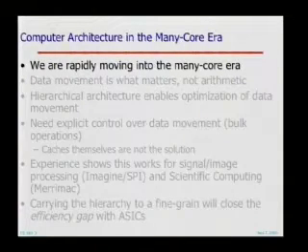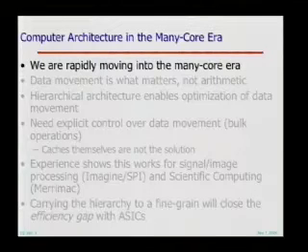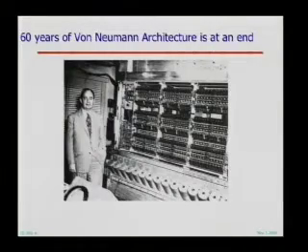Why is today different than 10 years ago or 20 years ago? People have been talking about parallelism forever. But there are a bunch of things that are fundamentally different now. So this gentleman is John von Neumann, and this is a picture taken in the 1940s with him standing next to a piece of a machine called ENIAC. In the late 1940s, John wrote the preliminary report on a stored program computer, and to first approximation, the machines that we've been building between then and now have followed his rough outline.